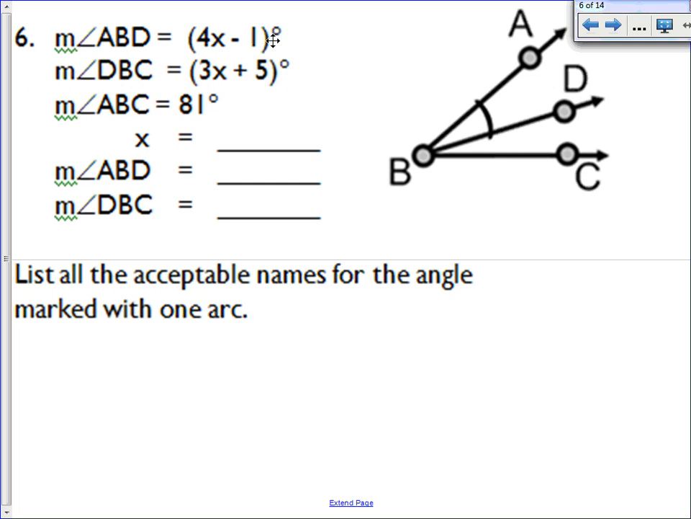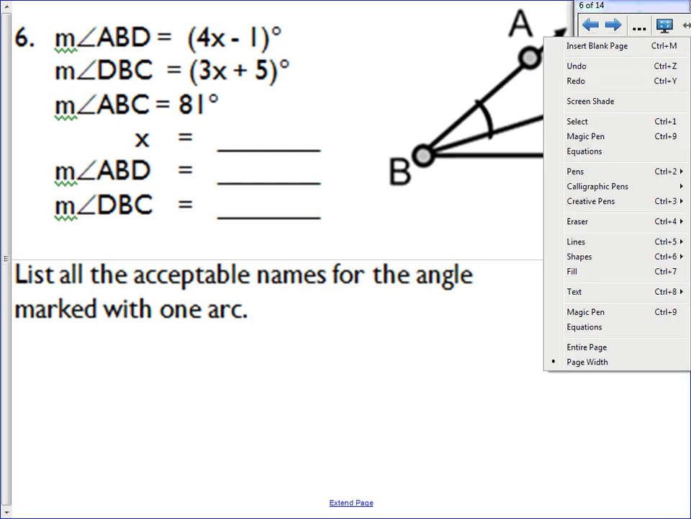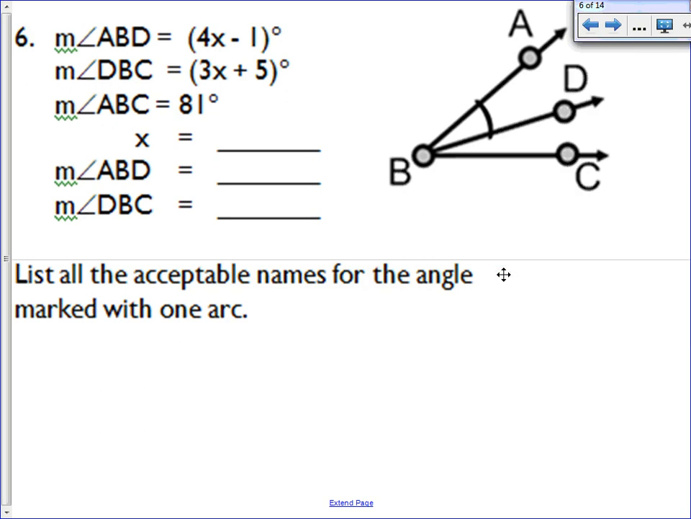All right, so number 6, we're told to figure out what x is, and then also the measurement of two angles, and then we have to list the acceptable names for the angle that's marked with an arc. So for the first part, I want to take the given information and put it in place in my diagram. So angle